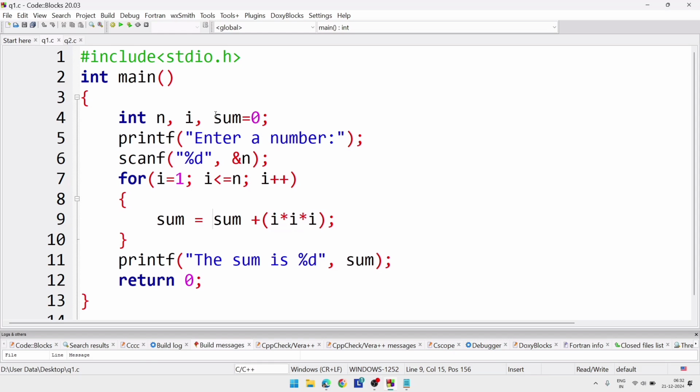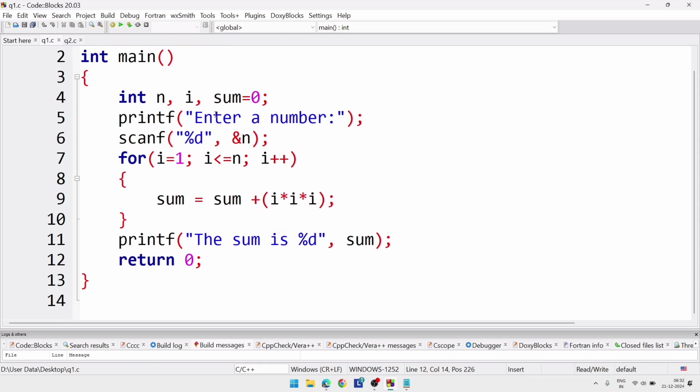The value of i will be 1 at first, and at the last it will be whatever value the user gives. Suppose the user gives 4, then it will be 1 cube plus 2 cube plus 3 cube plus 4 cube, and this will be added to the sum, and at last we will display the output. So the result will be similar to this. If we execute the program,